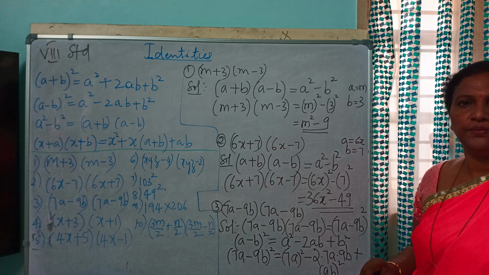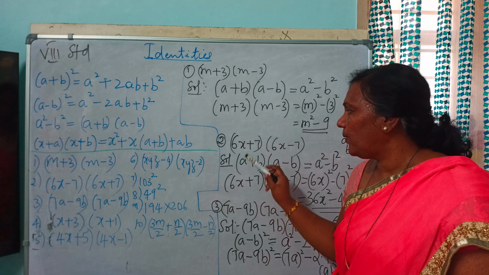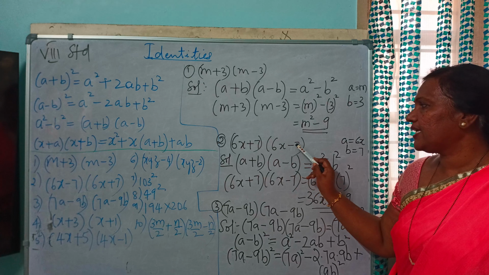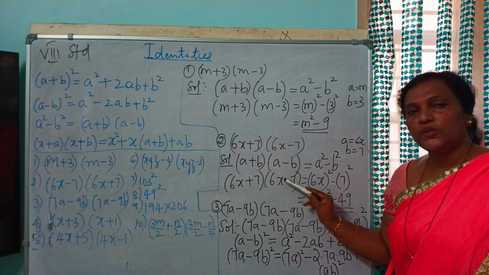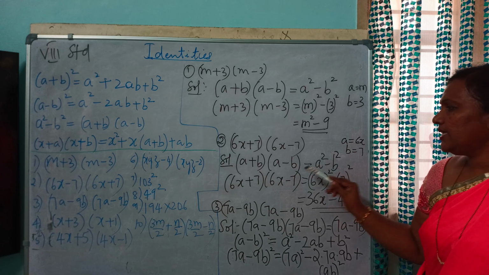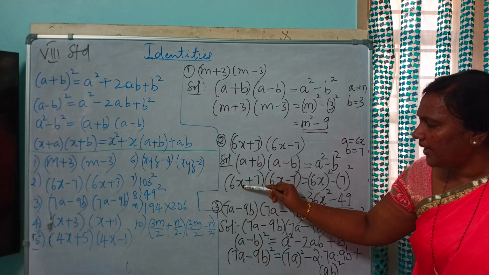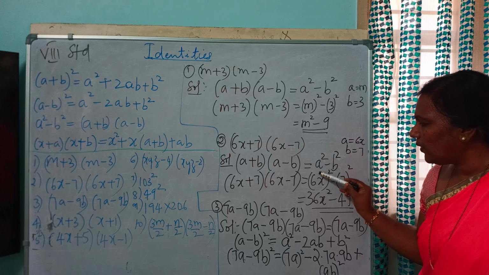Then underline the answer. Now if you go for the second problem, it is 6x plus 7 into 6x minus 7. Now identify the identity. See, a is the same, b is the same, binomial expression. Then which one do I go to? Again I will choose this one, correct? So, below this, after writing the identity, below the identity you have to write the problem. 6x plus 7 into 6x minus 7. What is in the place of a if you compare? It is 6x, I have written here. What is in the place of b? It is 7.